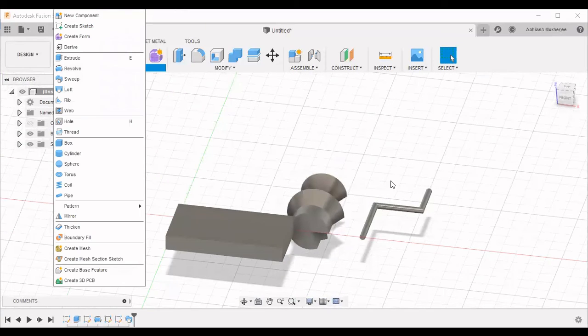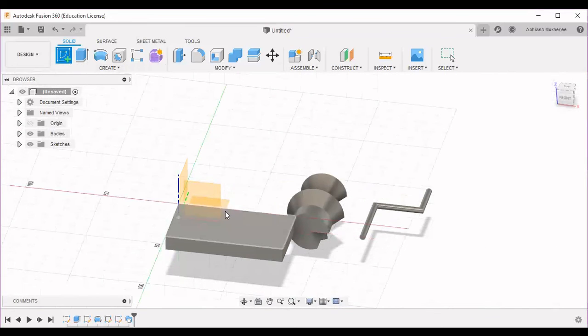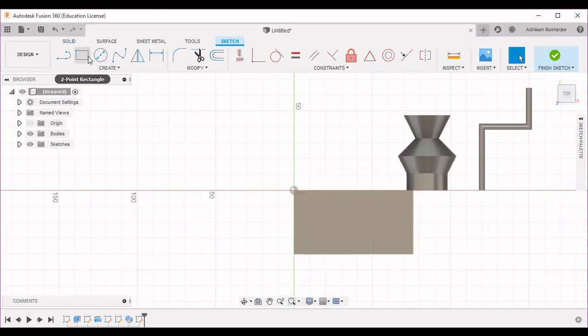Let's say we again go to draw on this plane. Let's say we want to draw on this plane. We draw a rectangle on it, this rectangle. Then finish sketch.